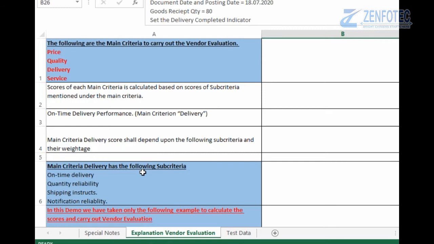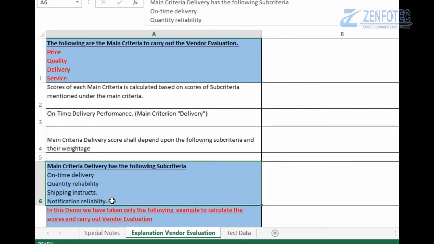Why I am focusing on the main criterion delivery and the sub criteria under it is that we will be taking 2 sub criteria from this main criterion and we will be showing the demo. So the main criterion delivery has the following sub criteria: on-time delivery, quantity reliability, shipping instructions, and notification reliability.